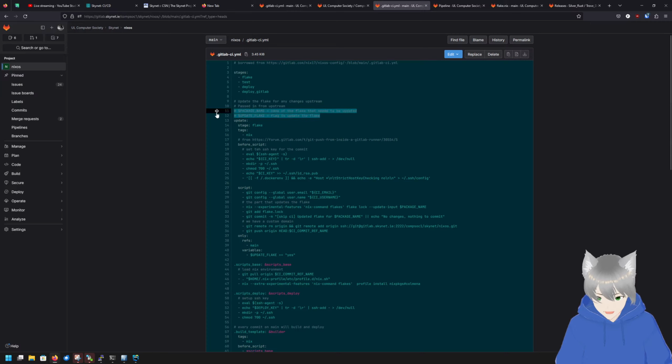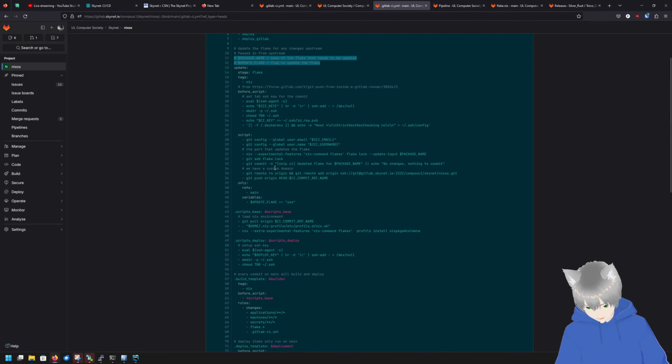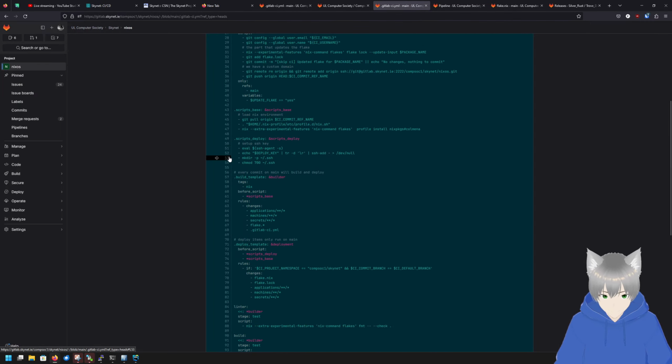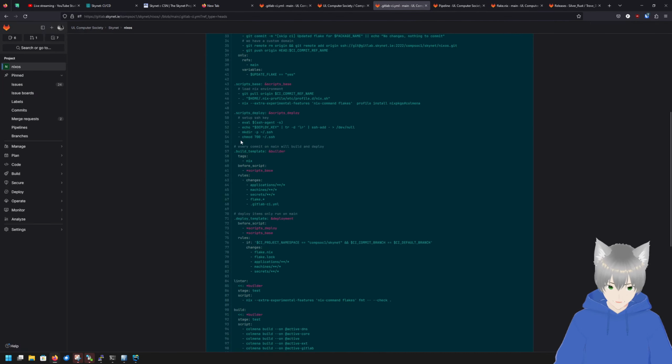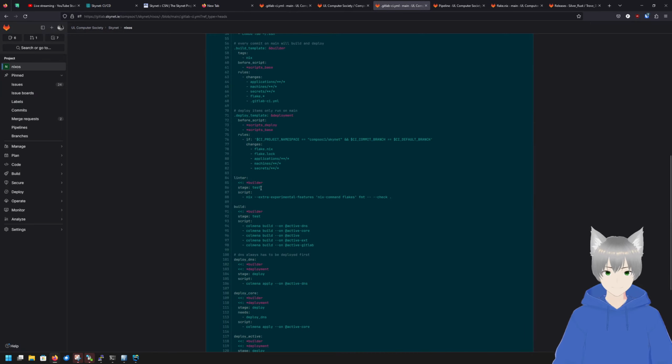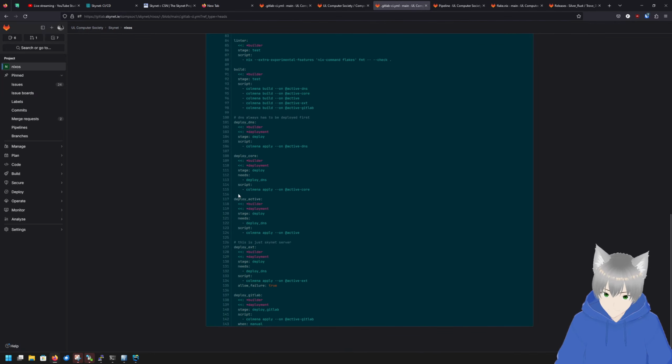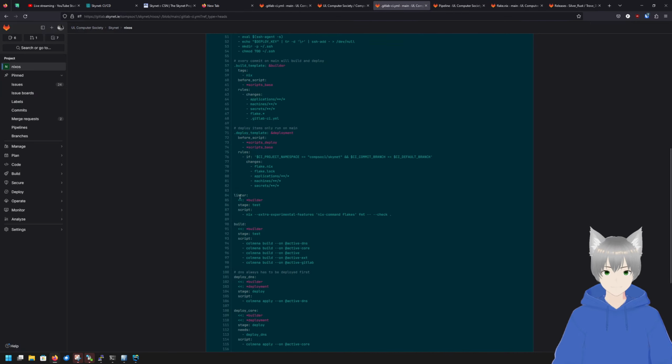So yeah, I've got small comments here just to explain some parts of it, but it's a pain in the ass. So then there are the other stages of test, deploy, and deploy GitLab. Test, as you can probably imagine, is the linter stage. I'm going to skip these and come back to it in a second. So linter is that, yeah, just that. That doesn't really make sense. Where is, oh yes, build test.